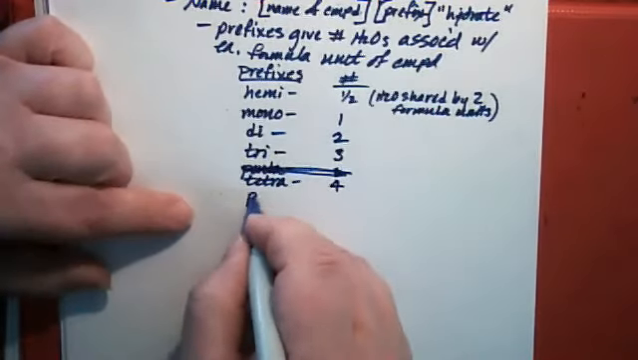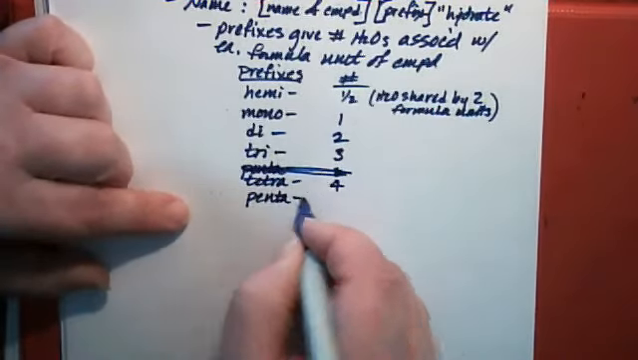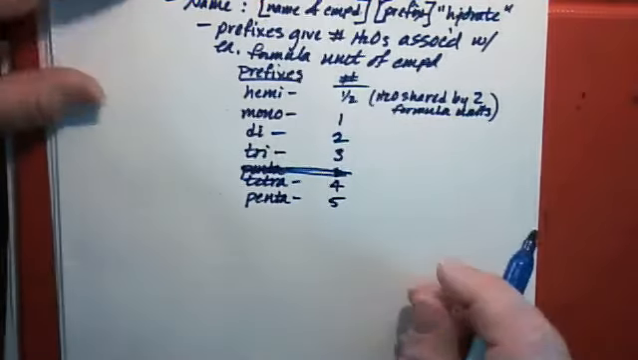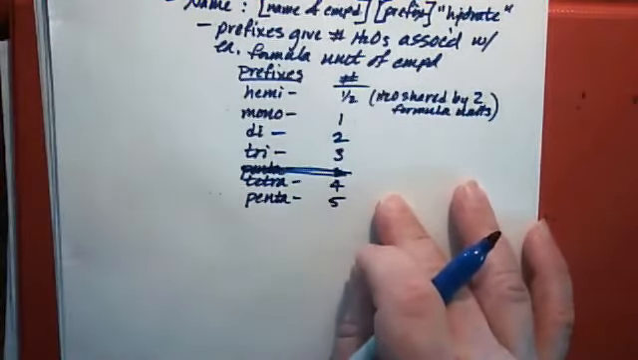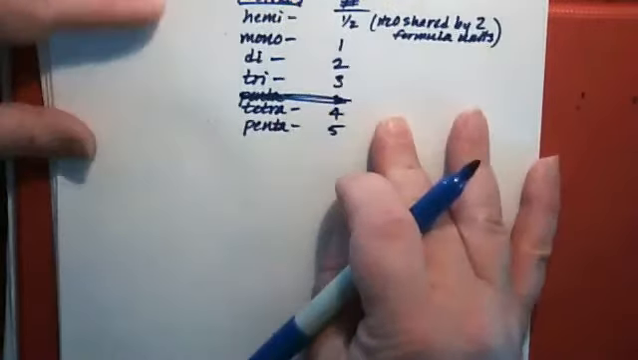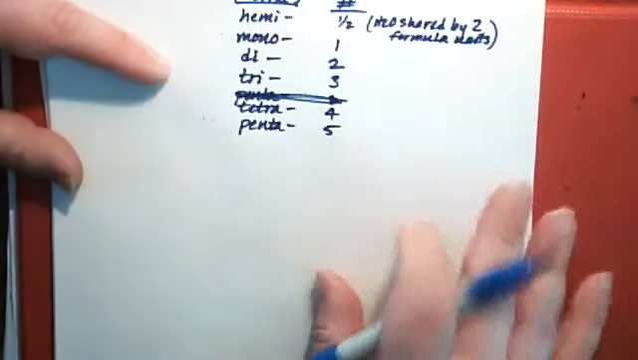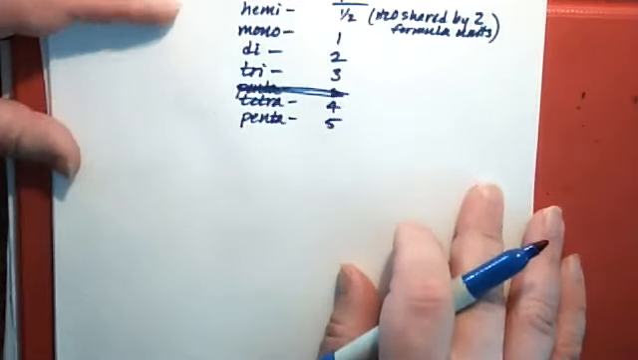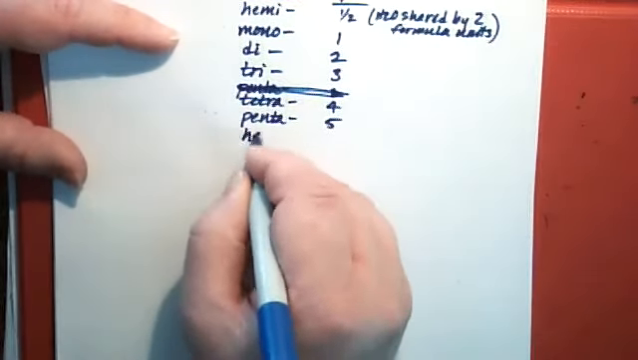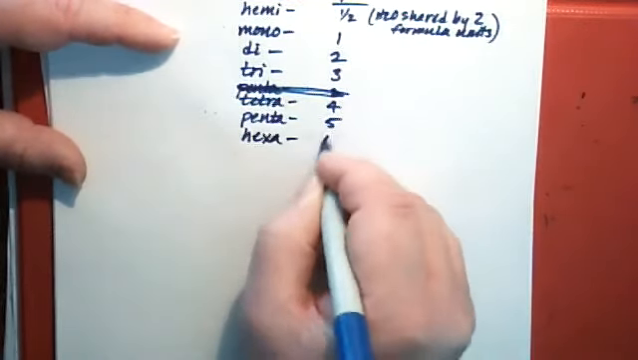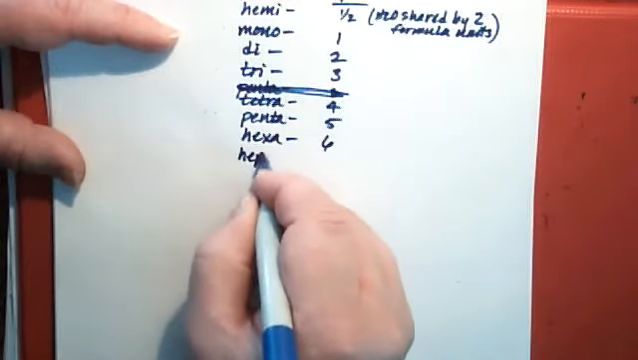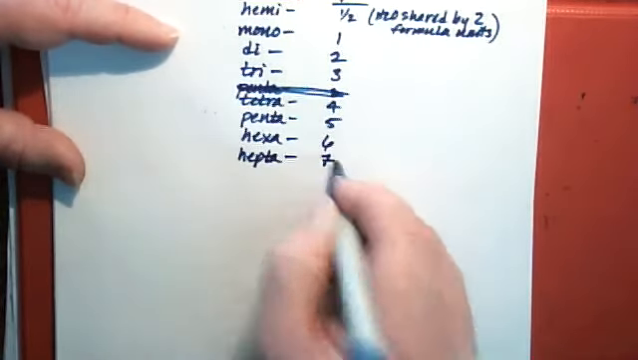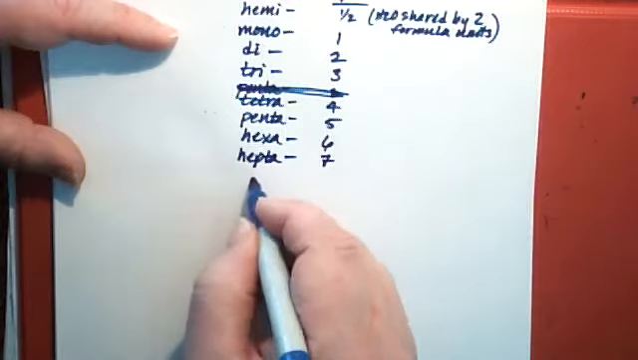And then penta for 5. You may recognize these terms, of course, from geometry. Pentagon has 5 sides, and that's because a lot of our geometric terms are taken from Greek. 6 would be hexa, and 7 would be hepta, and 8 would be octa,